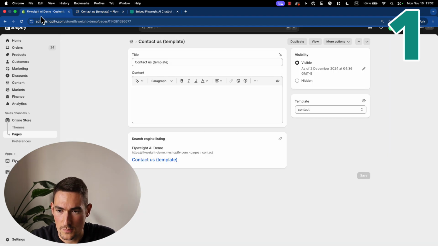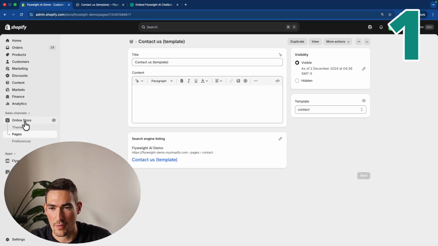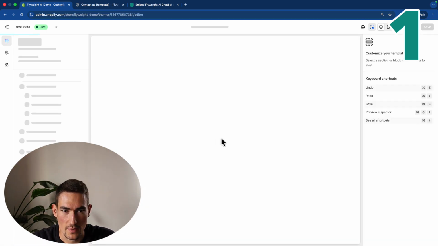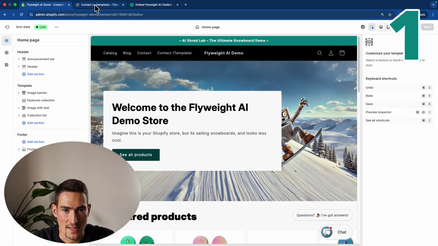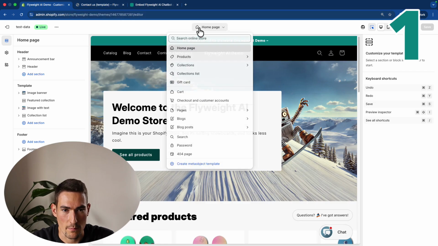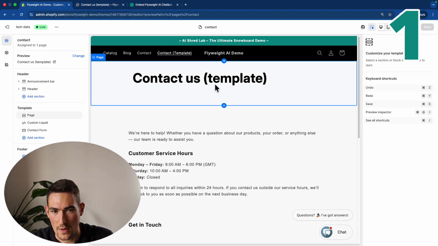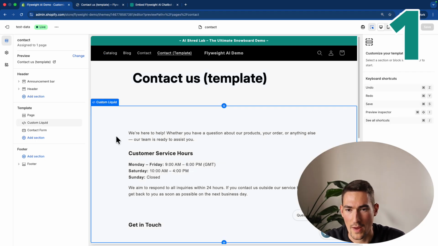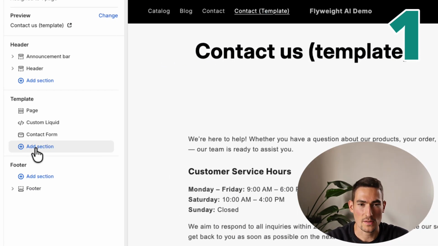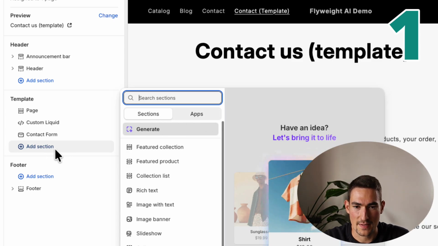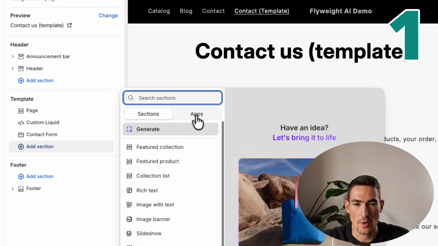To embed it now, we will switch back to the shop and edit our theme. So we're just opening the theme editor. We are going to customize it. We are selecting our theme page, which is the contact page. And now we have the option to create new sections also for apps. So if you go down here and you click on apps in the sections menu, you have the option to